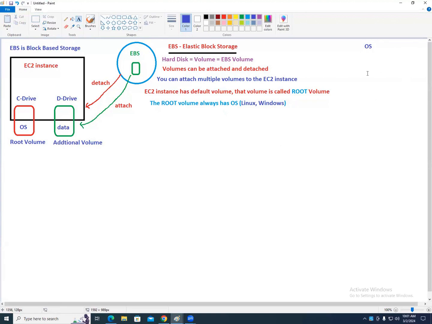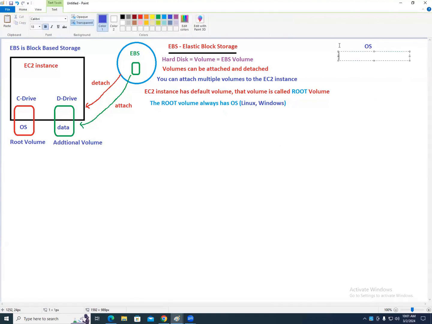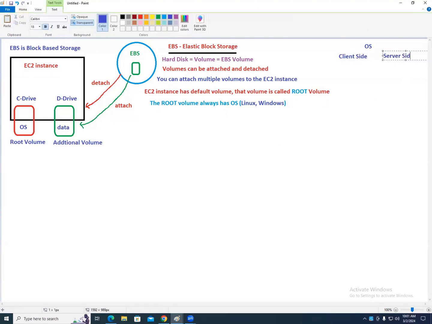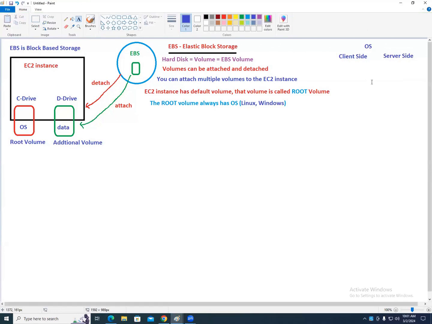Now you tell me, this AWS EC2, does it support client-side or server-side? It supports server-side. Client-side means you have your laptops, no? Windows 10, 11, all these come under client-side.